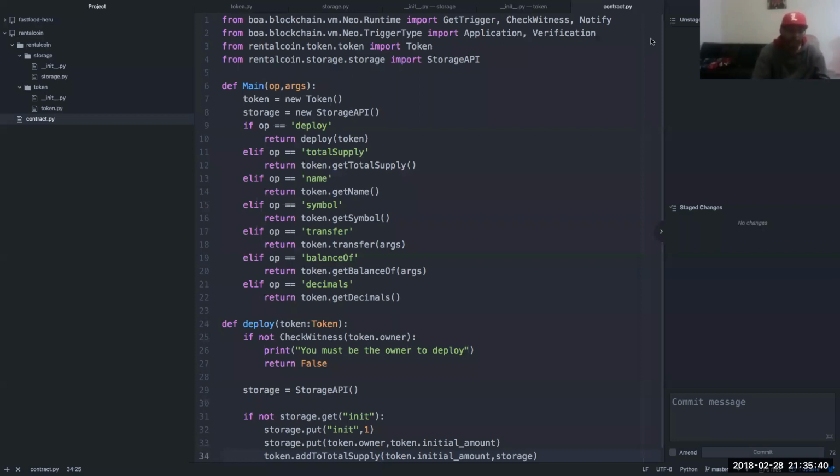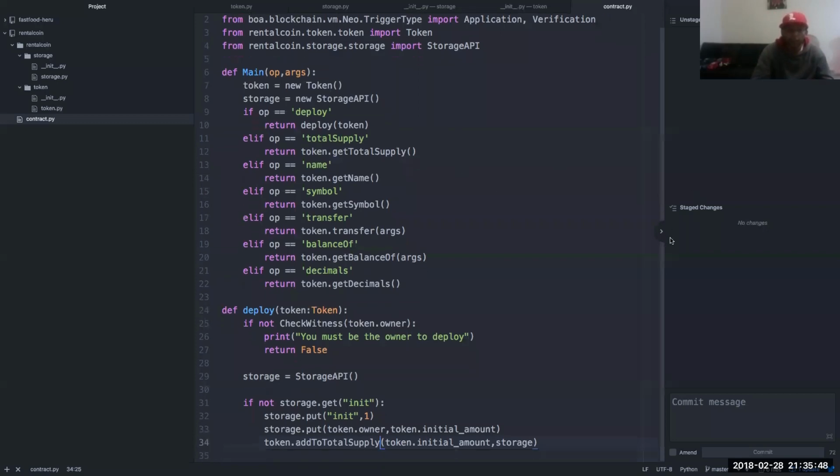They're pretty simple canonical methods. We did it in a clean way using classes. And then we have a deploy function to actually deploy the coin out on the blockchain. So that's pretty much it.